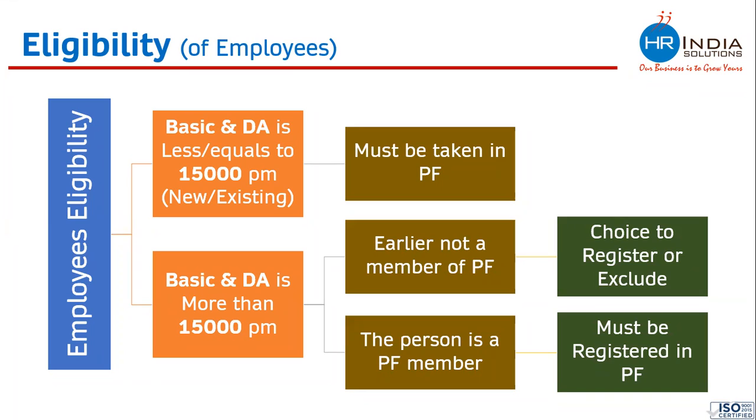This can be done. This comes under 0.1% where employee and employer jointly declare that my salary is more than 15,000 and we want to remain out of PF. This can be done, totally, under mutual understanding. Yes, but this is not advisable because in the days to come, when you go for all kind of returns, it will be very difficult to justify.